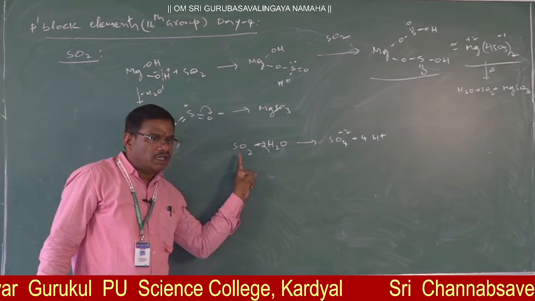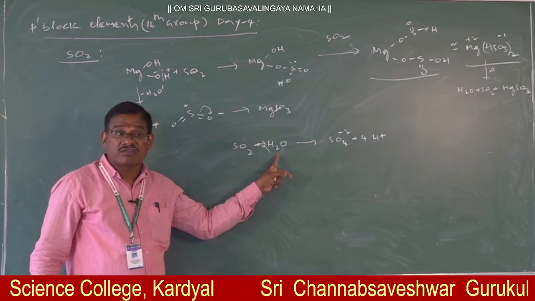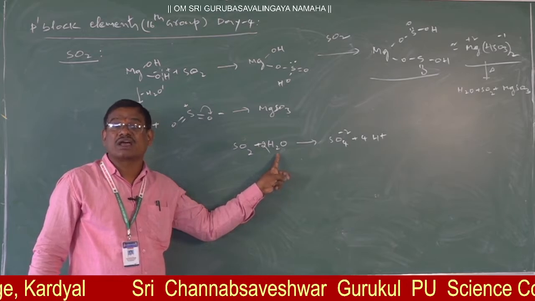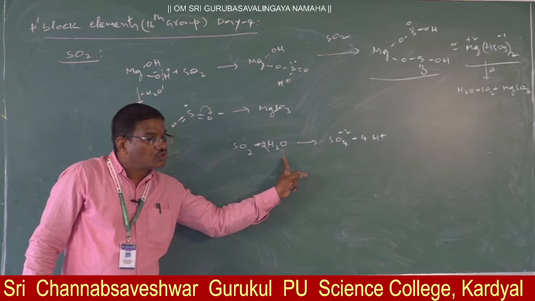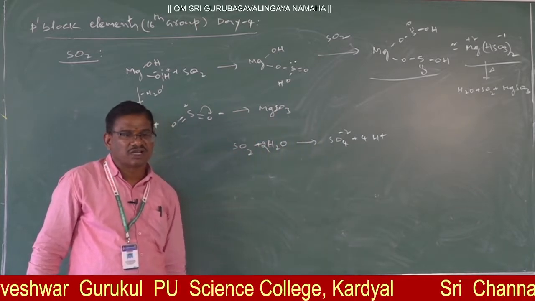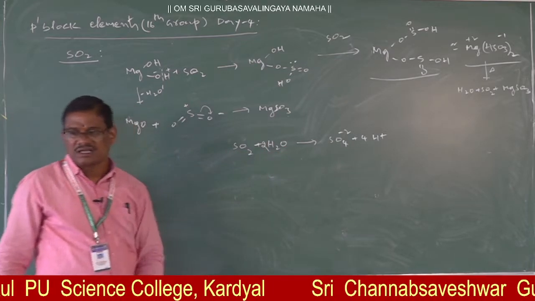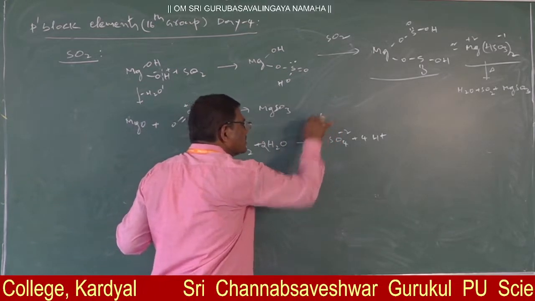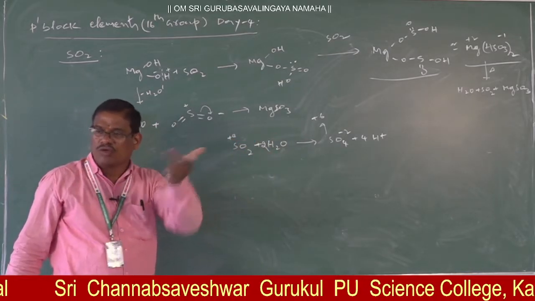Observe, in any wet condition, water should be there. That is the reason why sulfur dioxide acts as a reducing agent. It can bleach wet colored substances into colorless substances. Right? Here H2O is there. From H2O, O2 minus is taken by sulfur dioxide and converted into sulfates. Right? Whenever O2 minus is taken in this way, it undergoes oxidation from plus 4 to plus 6 oxidation number. Right? Plus 4 to plus 6 is nothing but removal of electrons.